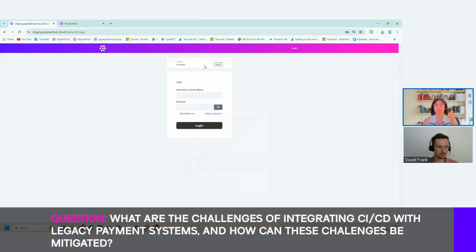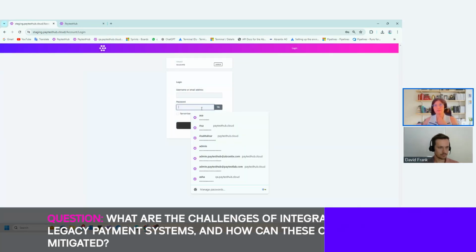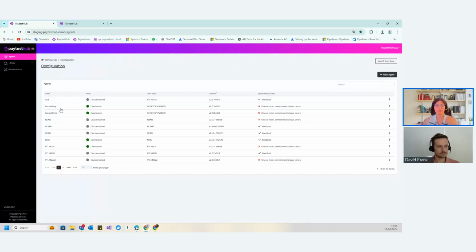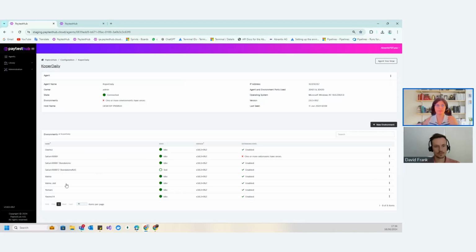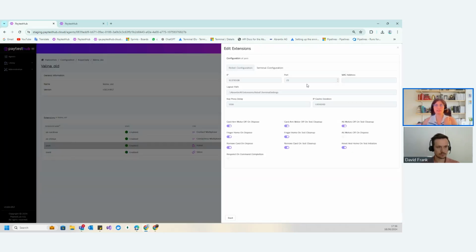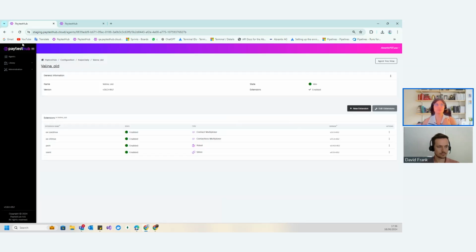Basically, in PayTestHub, we have this done through different environments and some different test sets. We had a similar issue at one point where we had a Valina with an old keyboard that we still needed testing, but we also had a release with an updated keyboard. So now we have two environments, one with the older Valina, one with the new Valina, and one is Valina old. Since the only difference here was a keyboard, we actually needed a different terminal type for the robot